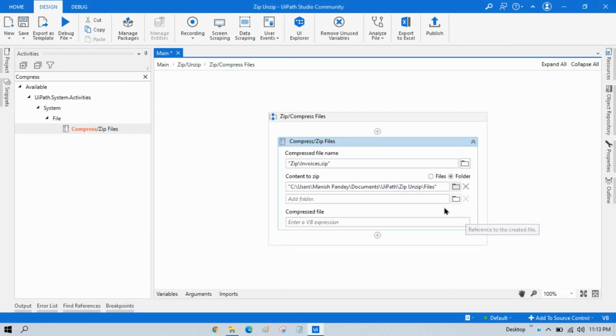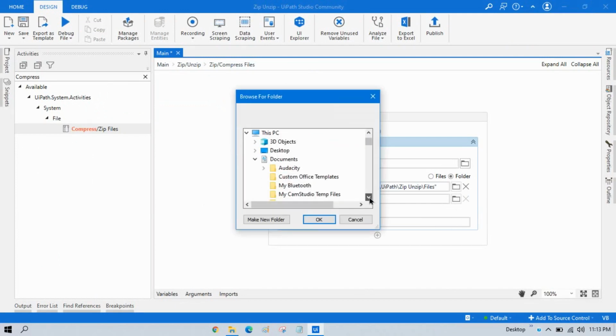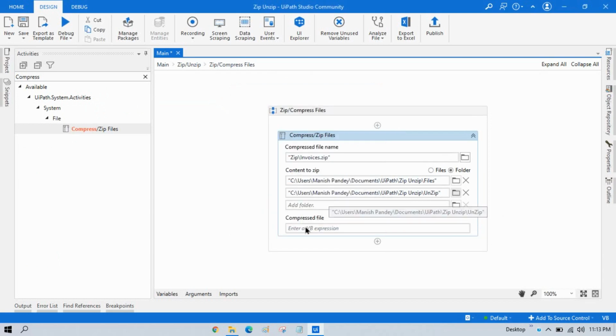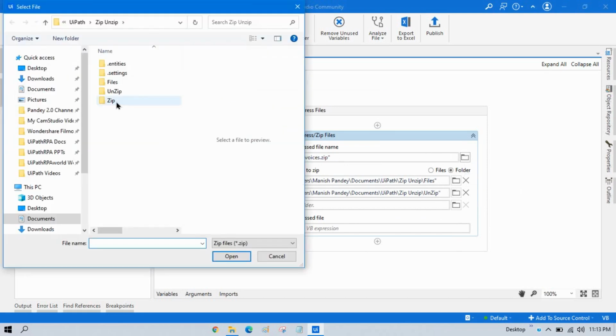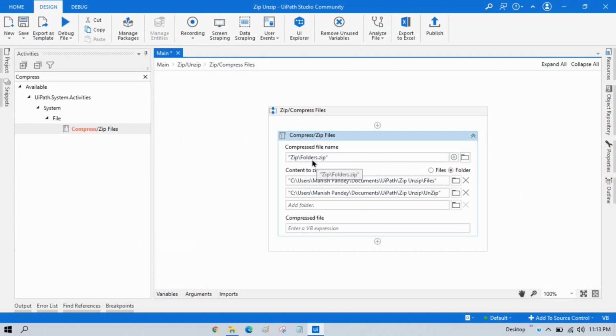First is the files folder, and now one more, add here the unzip folder. Now press OK. We now have 2 folders that we are going to zip, and the name will be folders.zip. Click on open. All those folders will be compressed and added to one zip file named folders.zip. Now you can run this one.